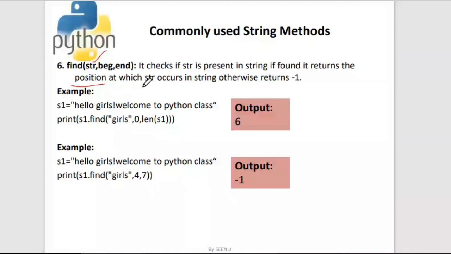Any search operation or any find operation will have two outcomes. The first outcome is that it found it, then it will return the position, and if it is not finding it, it will return -1. This is what you will be writing. I think in your data structures you might have come across the search operations. There are three search operations, right? The first one is linear search, the second one is binary search, and the third one is Fibonacci search.